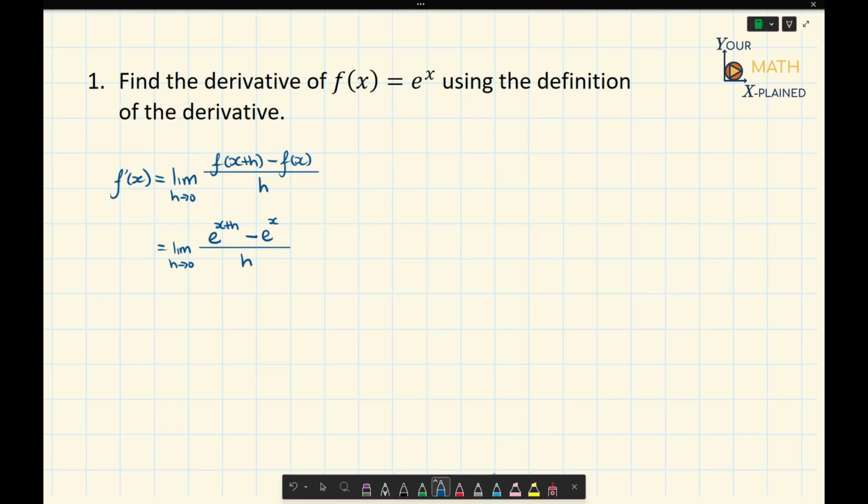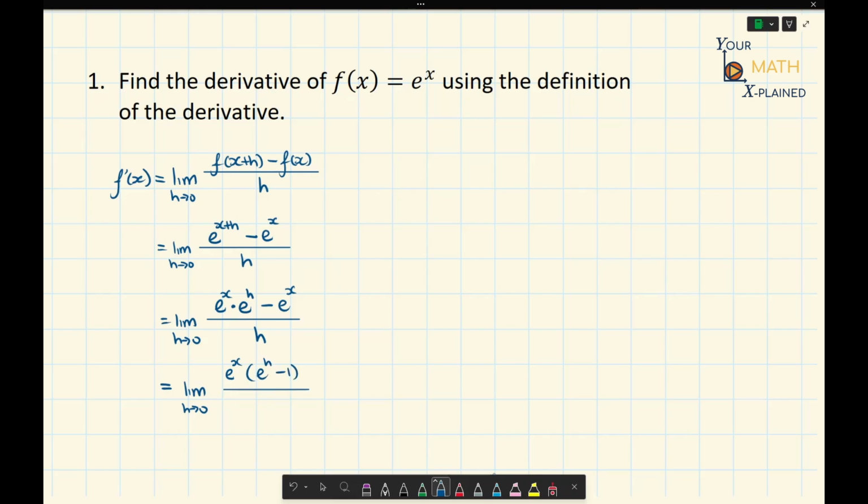And now we can use our exponent rule to rewrite e to the x plus h. So this is going to be the limit as h approaches 0 of, we have e to the x times e to the h minus e to the x, and then we have this is over h. And now we can factor out an e to the x from both terms on top. So this is limit as h approaches 0 of e to the x times e to the h minus 1